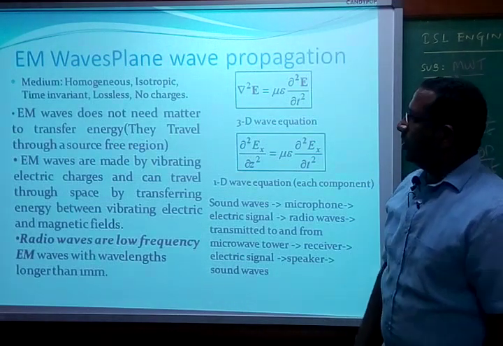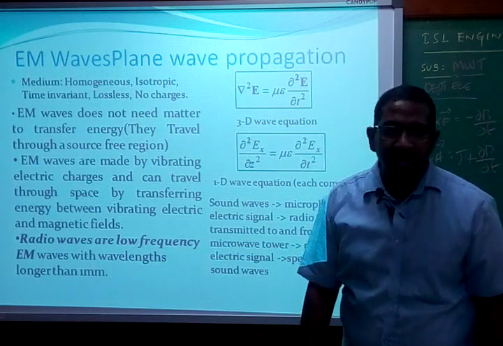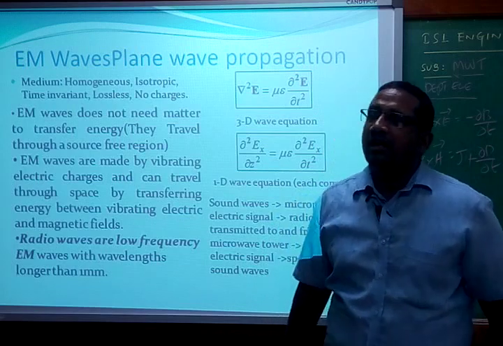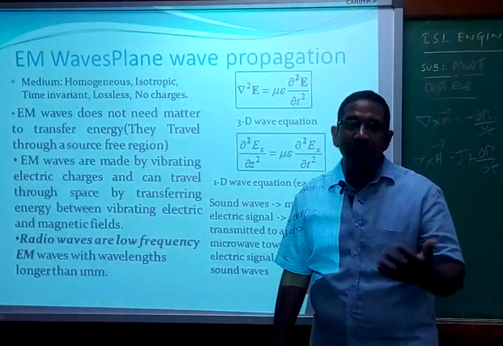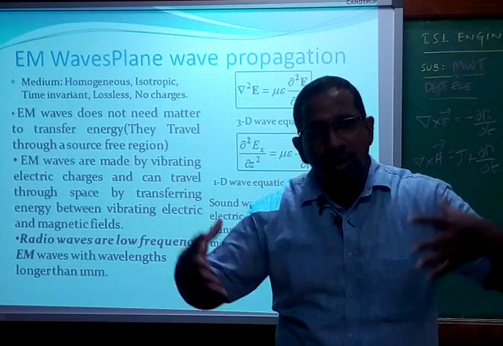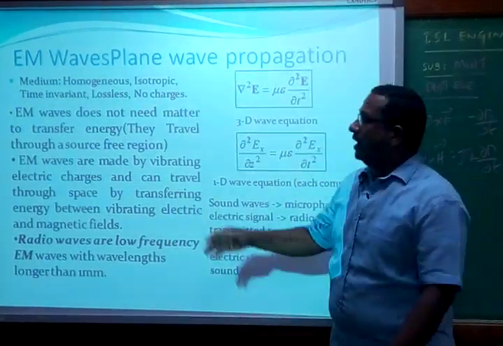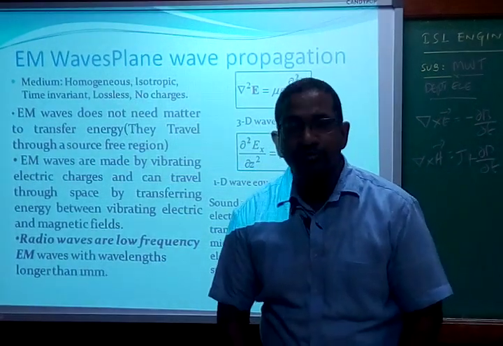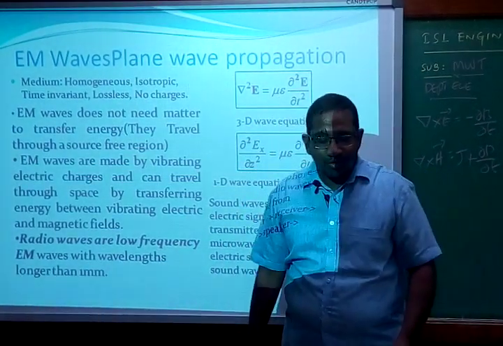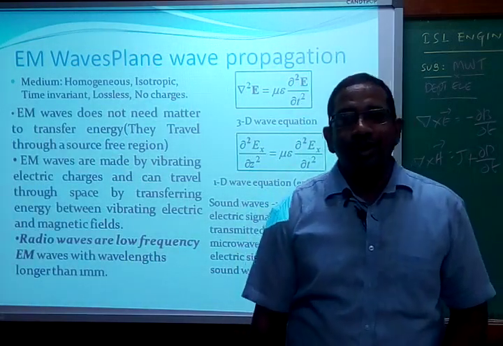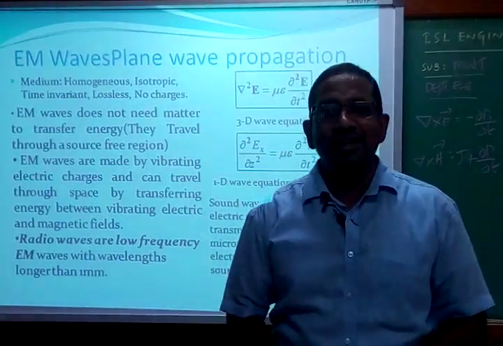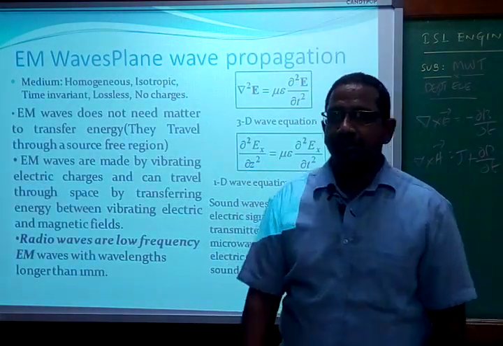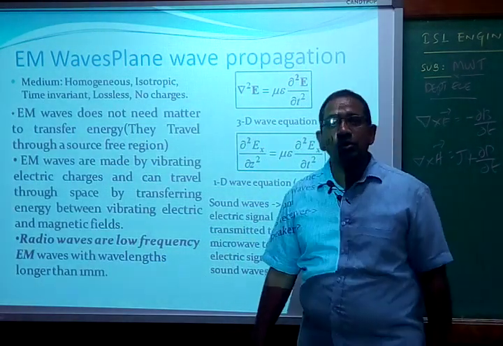Now one more beauty of the EM wave: once the EM wave is transmitted from a transmitting antenna, where is the source for the EM wave to travel from source to destination? Who is making it travel? Nobody is there. So only nature has to support. Nature has to support, meaning what? That is like in this time of coronavirus. Did anybody see the coronavirus? Nobody has seen it. But how many people are frustrated about corona? Everybody. Similarly, EM wave. Can we see an EM wave? We cannot see an EM wave. But still EM waves do all the magic.